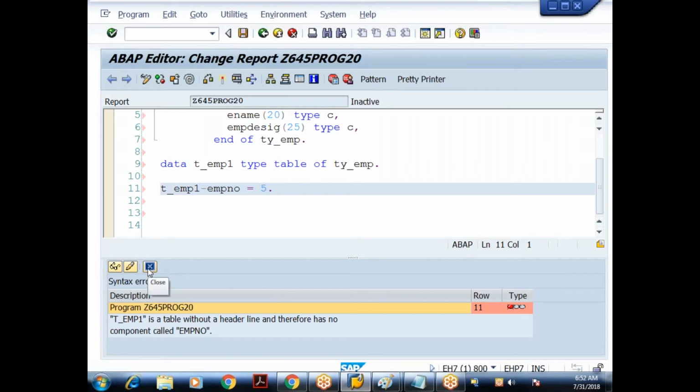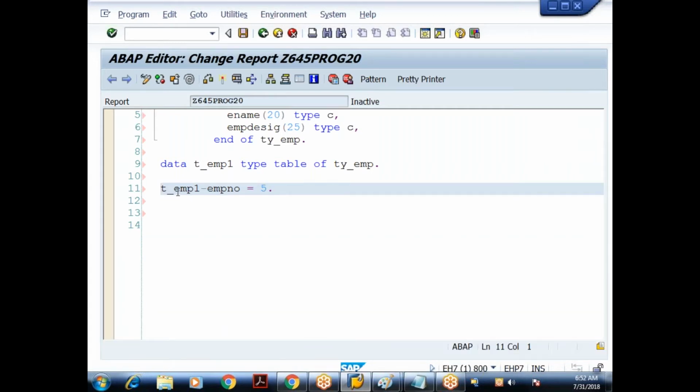So it is giving me a syntax error saying that the internal table doesn't have a header line and it cannot recognize the component called employee number. Whenever you are doing the assignment, it will always try to do it in the header line, but we don't have any header for this internal table. That's why it is giving a syntax error. So let me comment this.